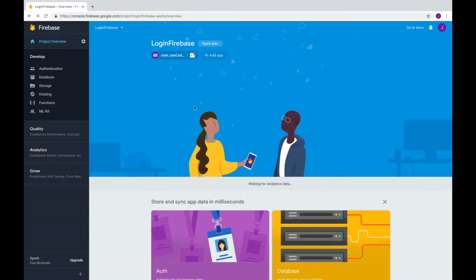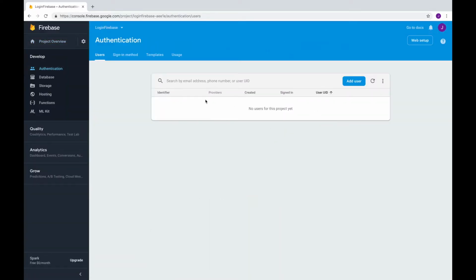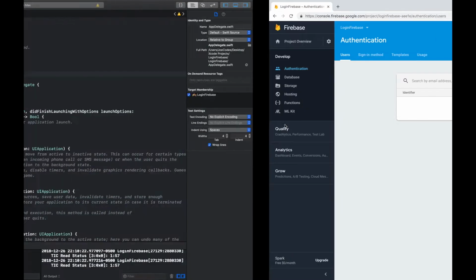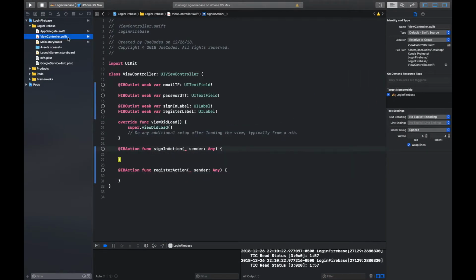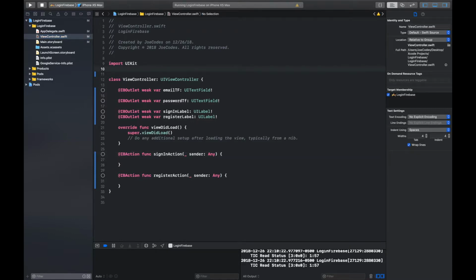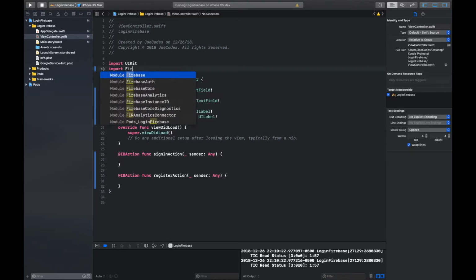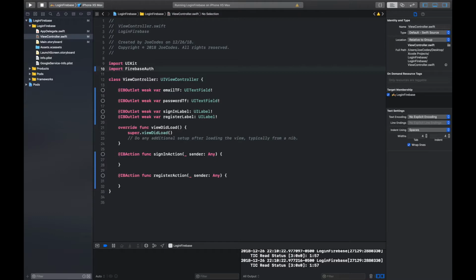Okay, so now we can continue to our console. And now we can start coding to get users. We're not going to work with the Firebase database. We're just doing the authorization today. So in our ViewController.swift, we're going to say import FirebaseAuth. Now in our register action, we're going to first make sure